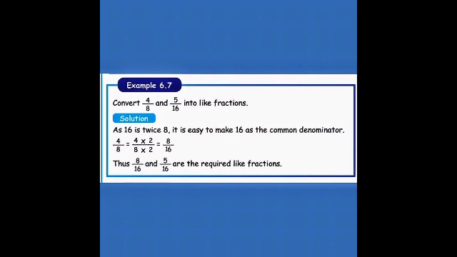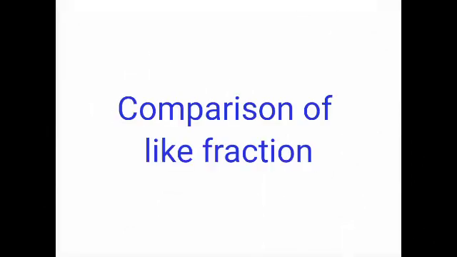Yes. Next we see comparing like fractions. How to compare like fractions? The denominators are the same, so you compare only the numerators. That is comparing like fractions. If the denominators are different, how to compare the fractions? That is unlike fraction comparison. In that, we make the fractions into like fractions and then do the comparison. The same method used for converting unlike fractions to like fractions, you have to use for comparing unlike fractions also.